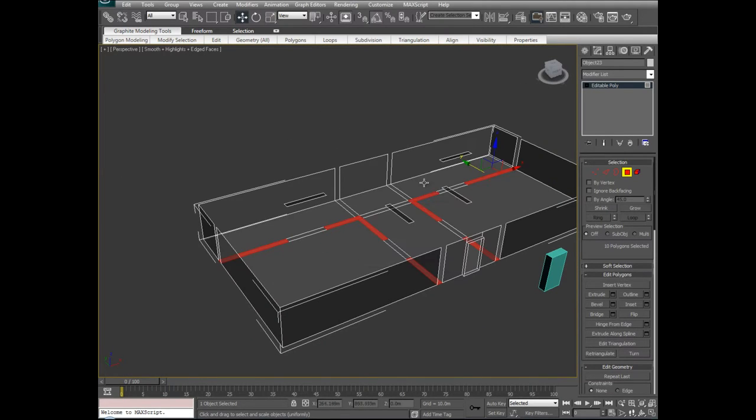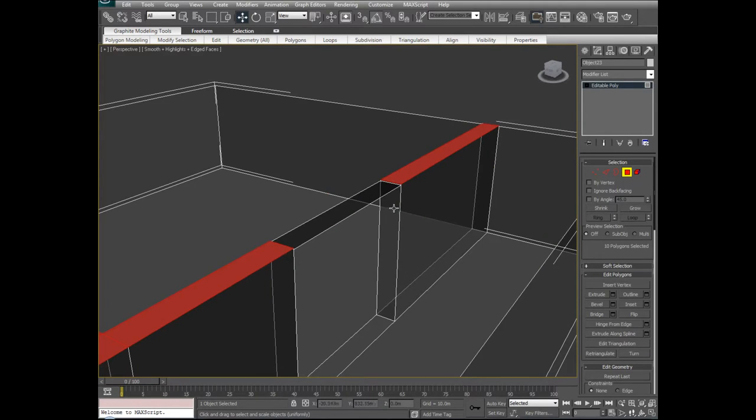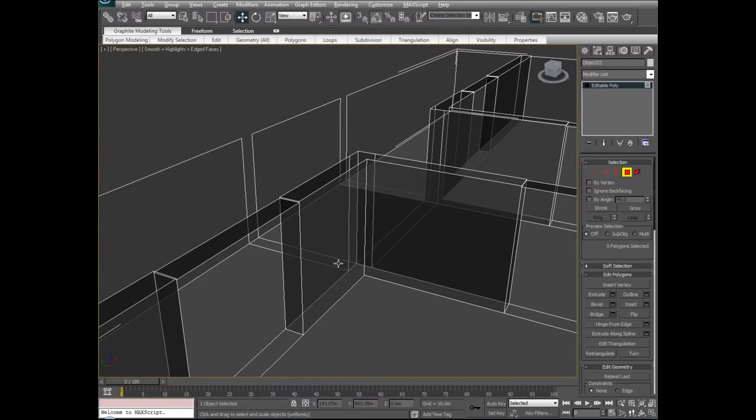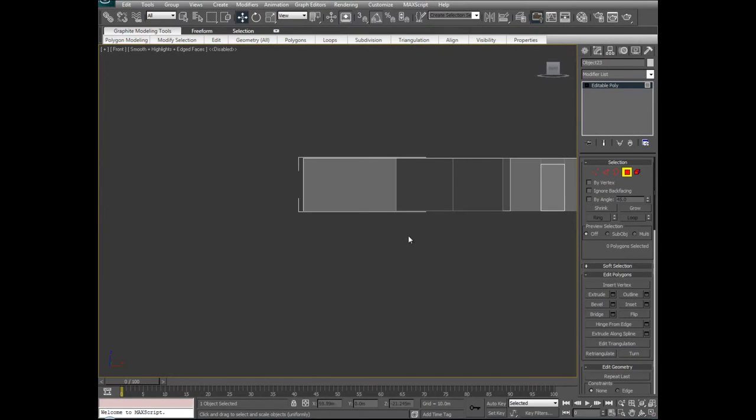Now we can move this up. So with that moved into place, we can go ahead and hit delete to get rid of the top parts of our new extrude. And we'll go into a front view again by hitting F,